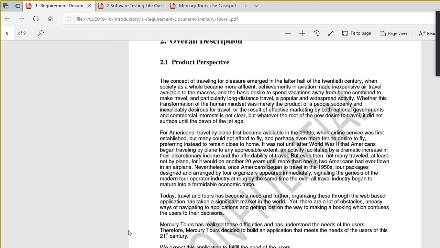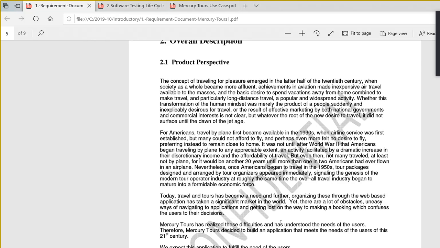The functional requirement document is again a requirement document which has more elaboration, with the requirements in more detail. In this requirement, the product features are briefly described, but in the functional requirement document you might see the features described with